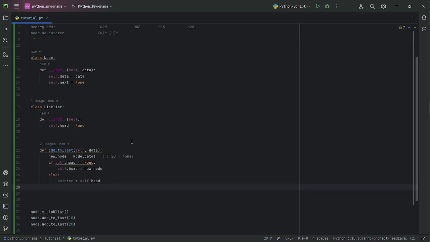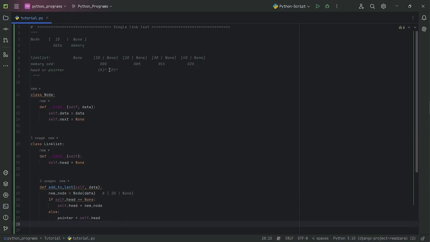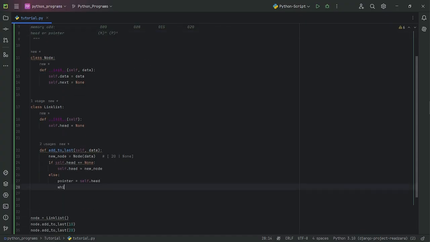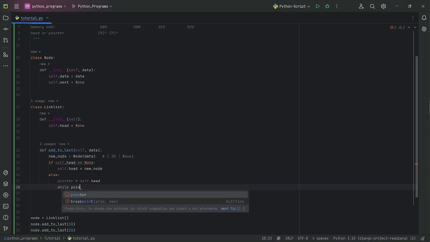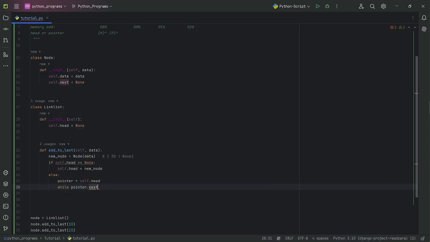So once we have defined our pointers, now check what our last node would be. After that, the new node can be linked, because we want to link a new node at the last. So before putting the new node at the last, we should know which is the already existing last node. So we use the help of the pointer using a while loop. So we say while pointer.next